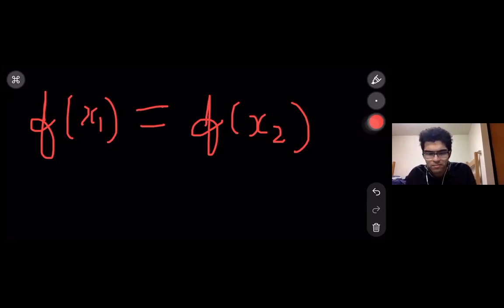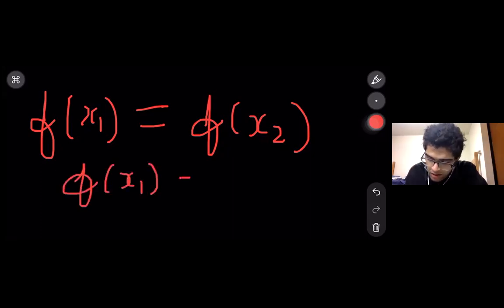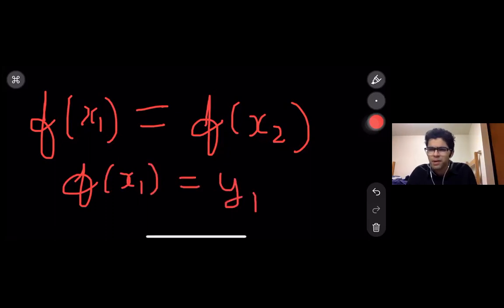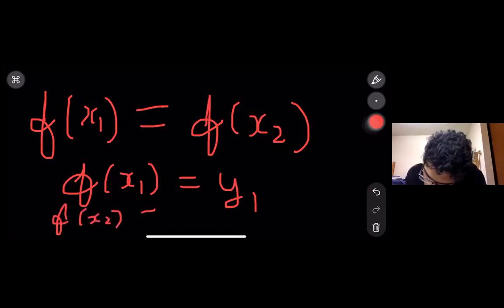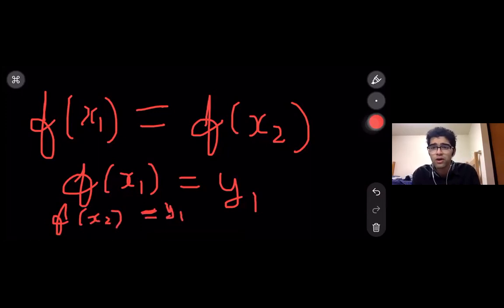Let me make it a little simpler for you to understand. Let us say that f of x1 is y1, with some number. And remember, the answer has to be in the codomain, since we're going from the domain to the codomain. So we take the number x1, we apply the function f to it, and then we go to the codomain. On the codomain, we have all these values, y1, y2, y3, y4, whatever they are. We don't know which one. Let's say f of x1 is y1. Let's also say that f of x2 is also y1. So both of them are mapped to the same value in the codomain. So what does this imply? Suppose I tell you that this is a one-to-one.